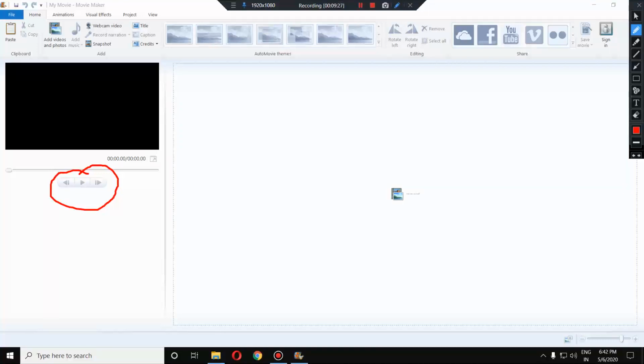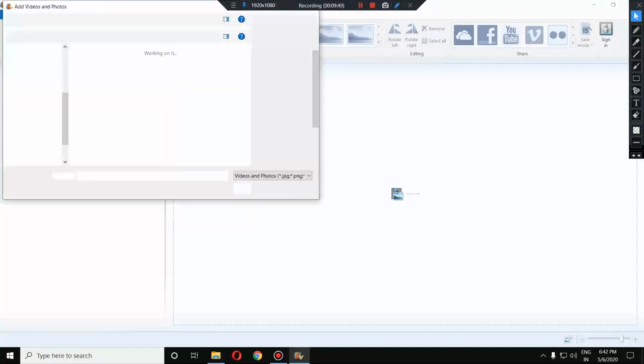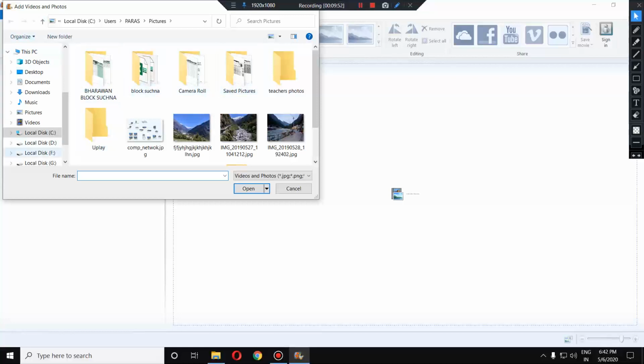First of all, as you have got the new software open, you have to add either images or videos to be pasted here. How do you do it? There are two ways to do that. First is, in the storyboard, you can click anywhere in the storyboard. If you click, you will see that something opens.